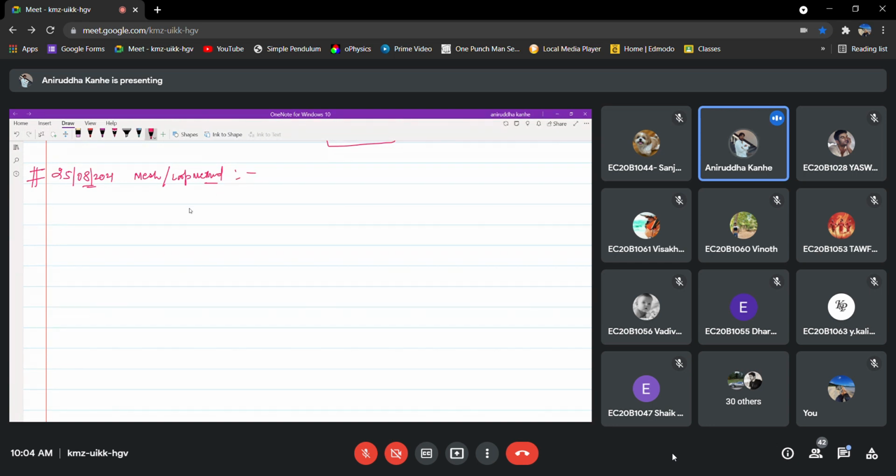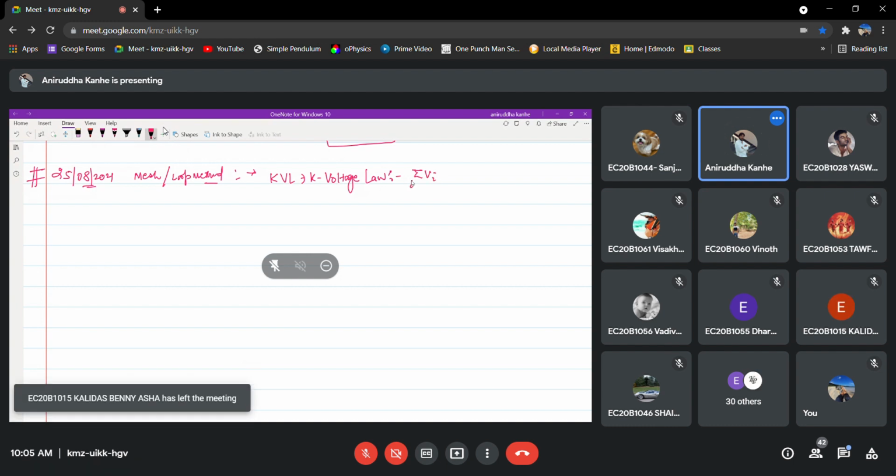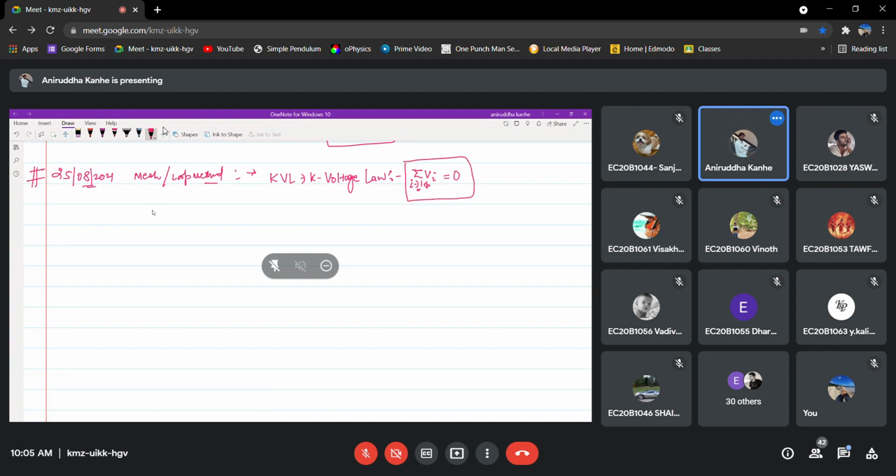So before moving to the mesh method or the loop method, we have to first understand that this depends on KVL. And what is KVL? Kirchhoff's voltage law. What it suggests is that the algebraic sum of voltages in a loop is 0. That means if you are having something like this,